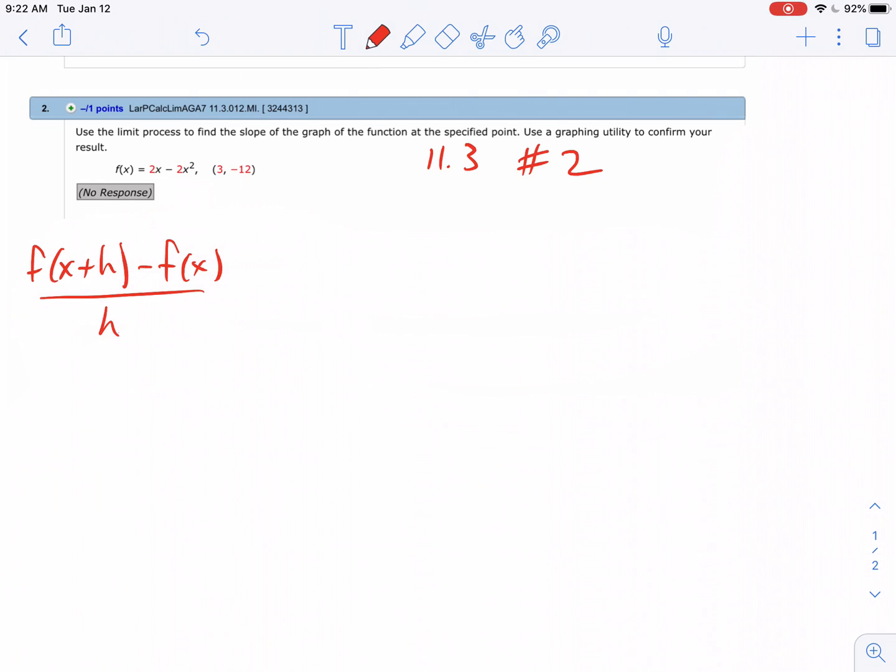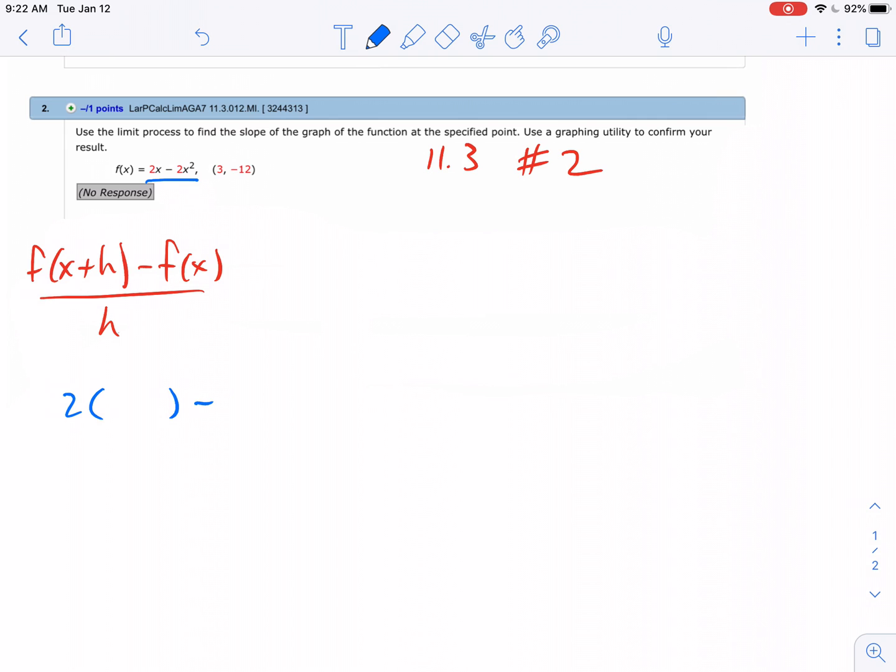11.3 number 2 gives us a function, and then they're asking us to use the limit process to find the slope of the graph of the function, and then at that specified point we will find the actual slope, right? It says you can confirm with your graphing calculator, but we're just going to do the x plus h rule. So take a look at your function, which is right here, this one,